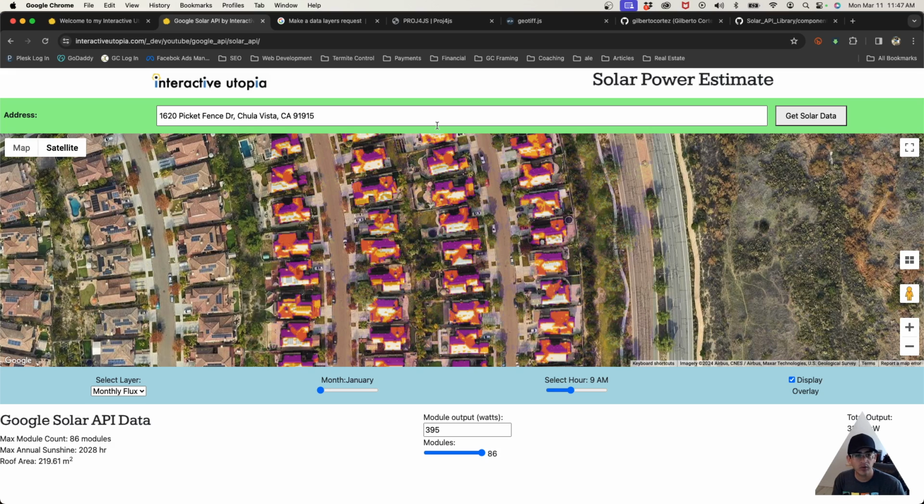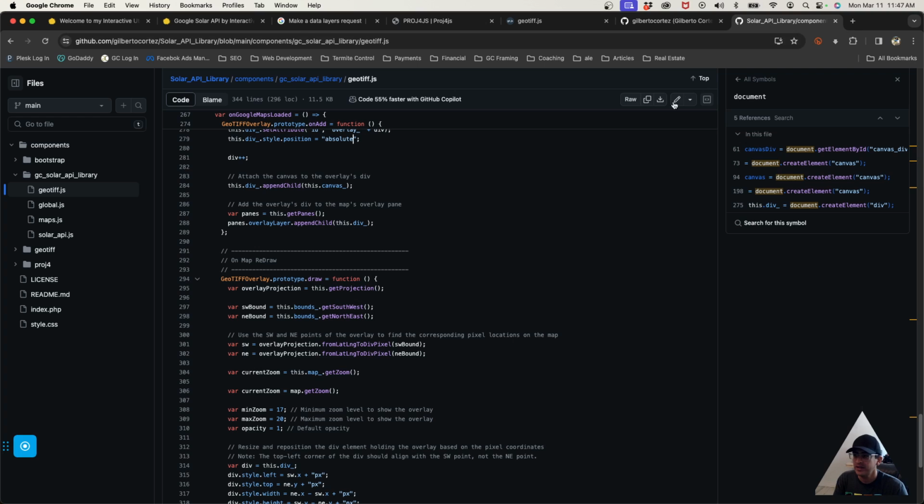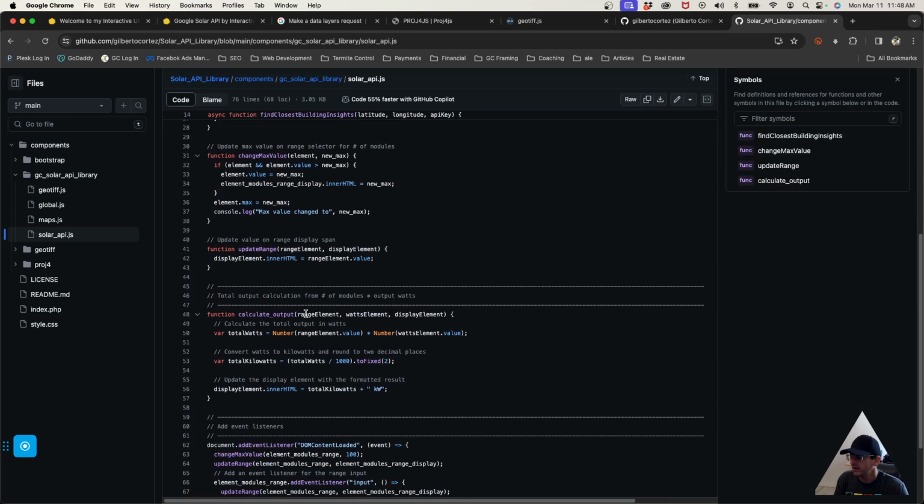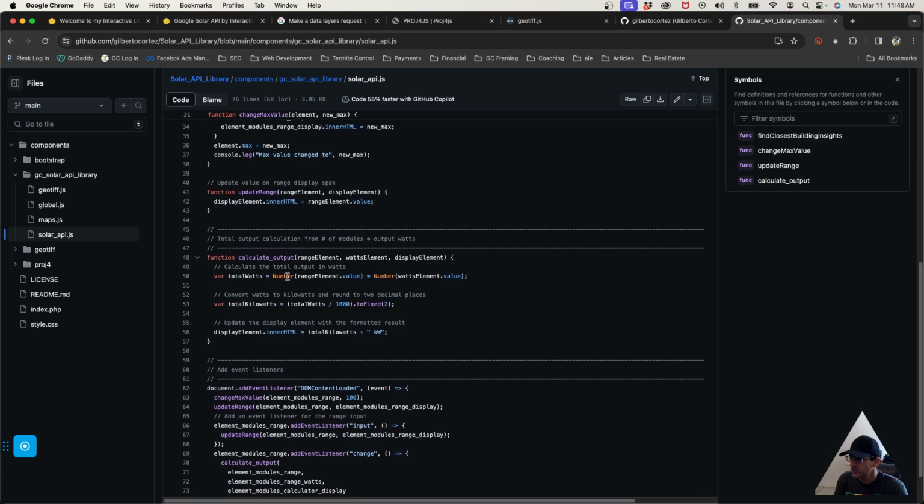So very powerful, very important, but pretty hard to get a hold of, or to develop the way to handle those GeoTIFF files. So I hope that works. And just really quick for the Google Solar API, that's just super simple stuff. For example, it's calculating the information. So the calculator,